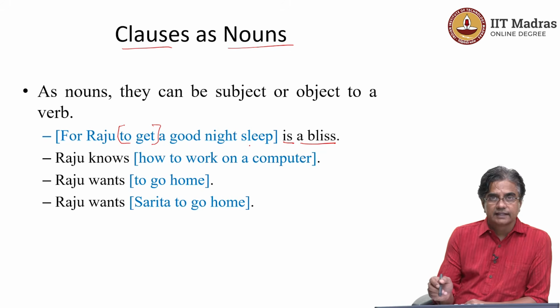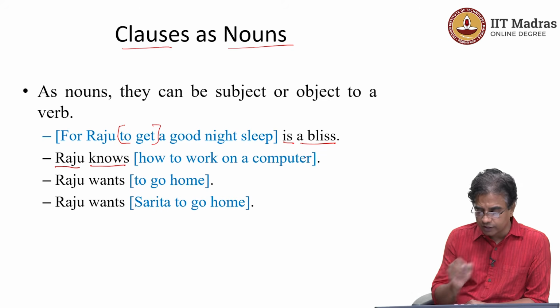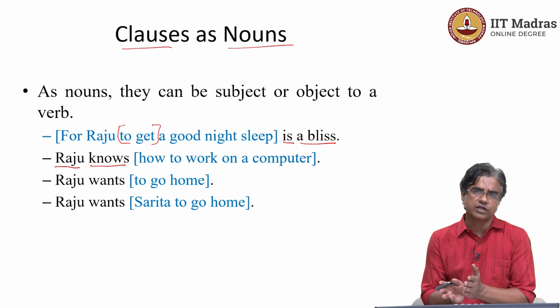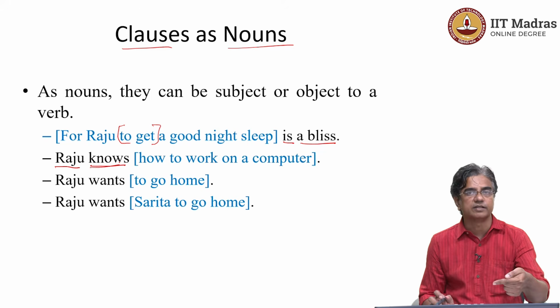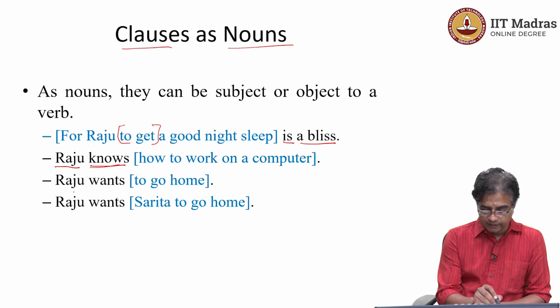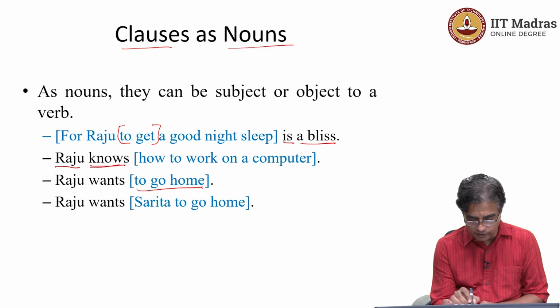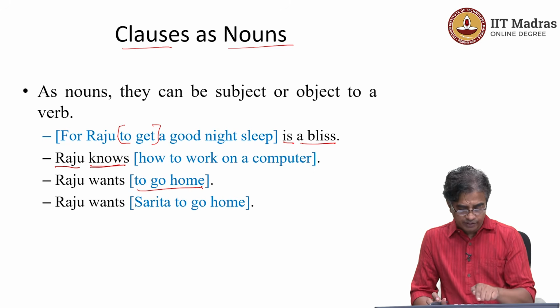Now look at this as an object. Here Raju is the subject and knows is the verb. And how to work on a computer, this whole thing is a clause, works like an object of the verb know. You have just seen several examples in the previous slide. Now look at this. Raju wants to go home. Here, to go home is exactly the same type of infinitival clause that we were discussing before. Raju wants to go home is a